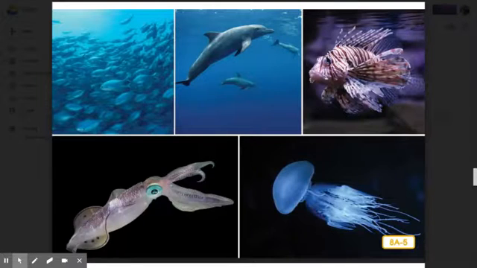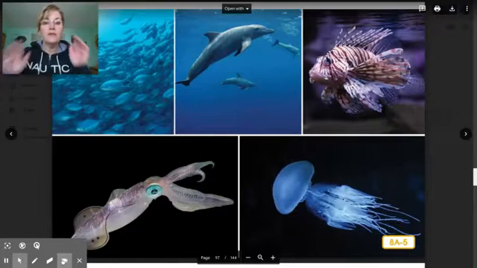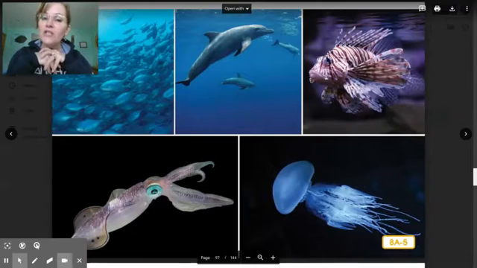So, friends, we are going to stop at this point because this next section talks about the animals of the deep. And I'm wondering if some of the animals that we might meet might be the type of animals that make